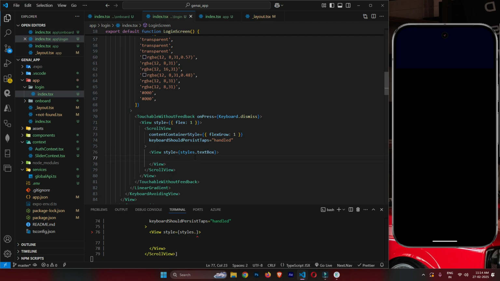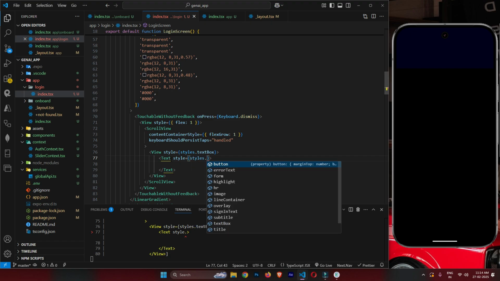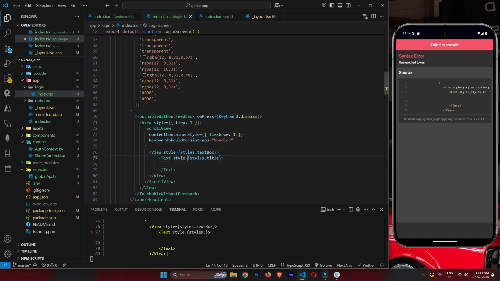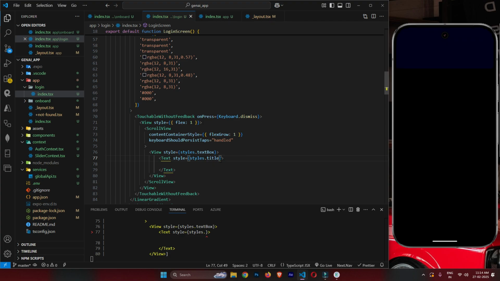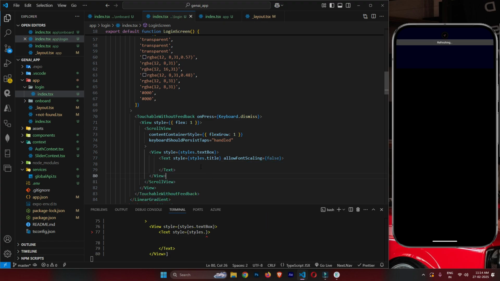So here I will simply add a text, and here I'll say styles dot, I will say a title. So where is the title? It's here. So you can add a title, and I will say allow font scaling should be false, so it will not change the font as per the device settings. All right, so we can add a welcome